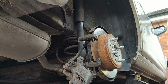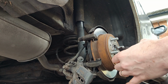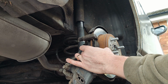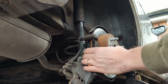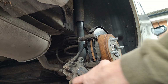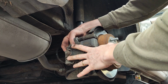And this brake pad goes in here. Does that make it not rusty, what we just put on? Yeah, it helps to stop it from being rusty, and it helps it slip around because it's kind of greasy. Right, now we're going to put on the brake caliper, like this,